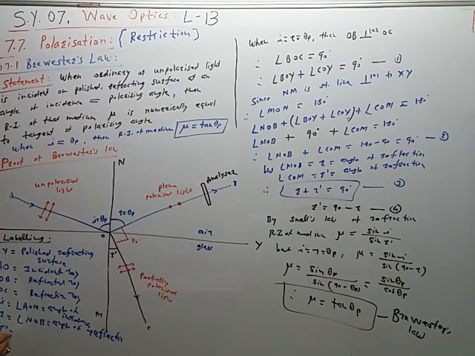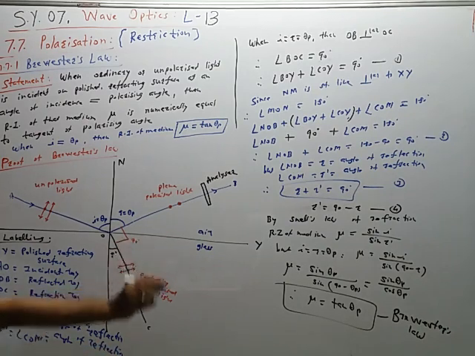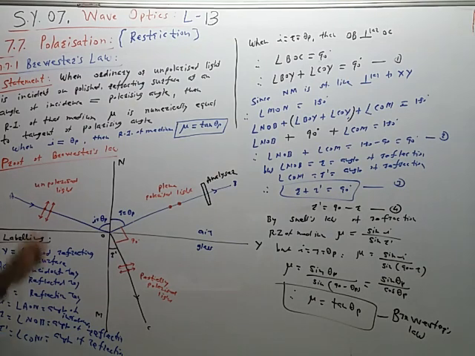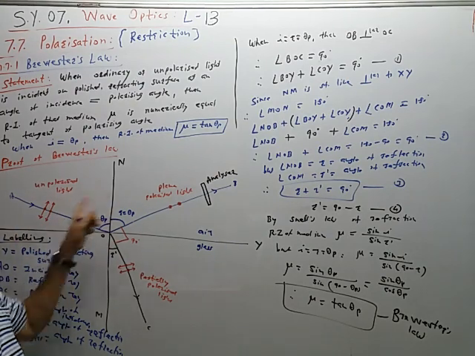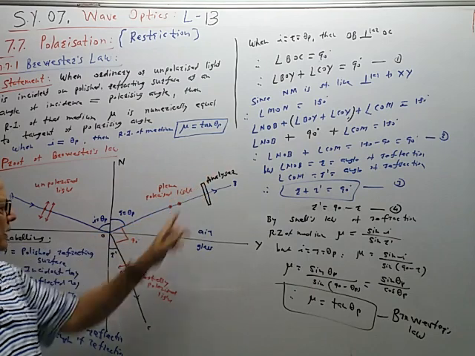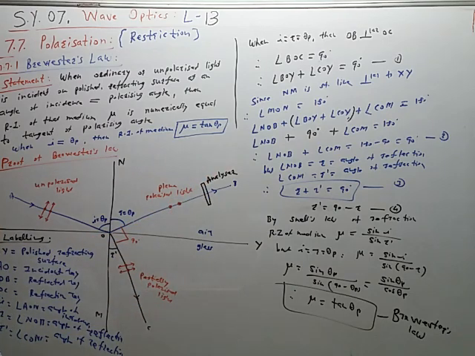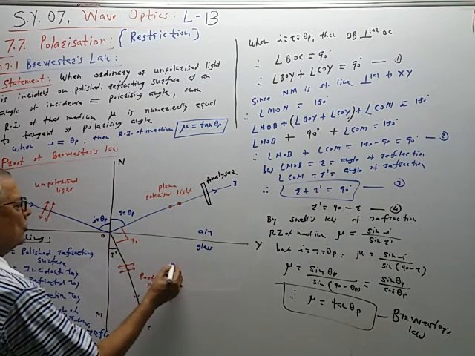R dash is equal to angle COM, angle of refraction. Like this, the remaining labeling we take as given. This is the unpolarized light, this is a plane polarized light, this is an analyzer, this is a partially polarized light, like this. Mu is equal to